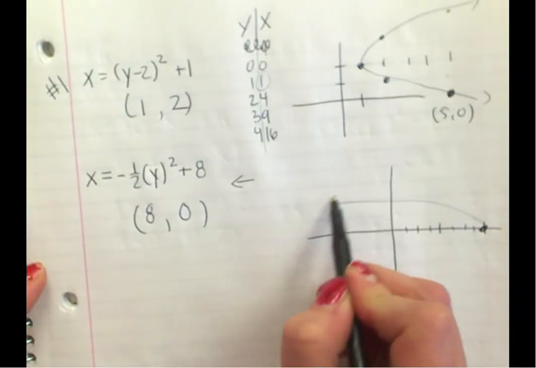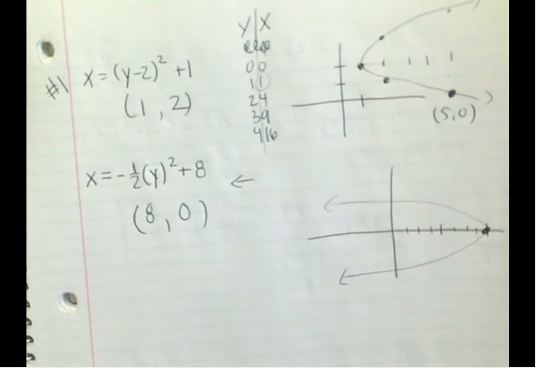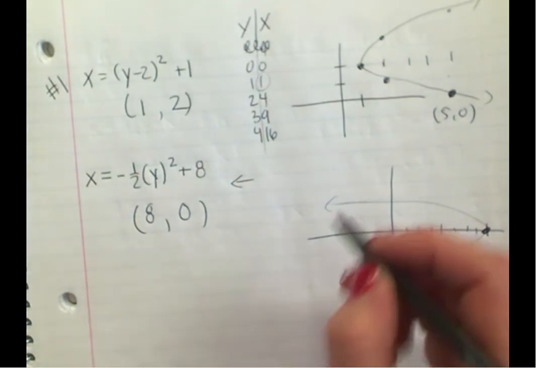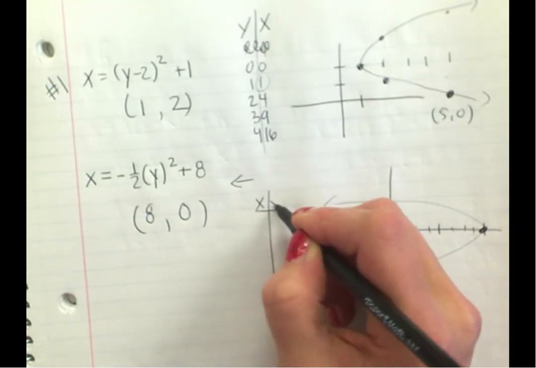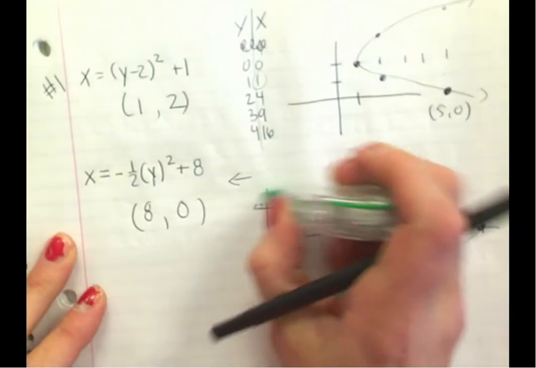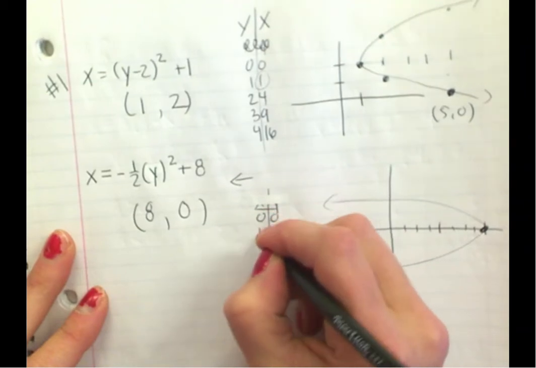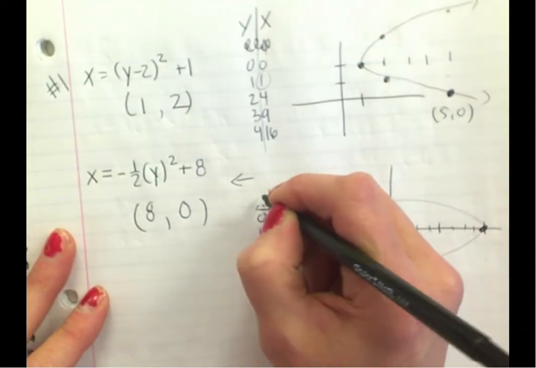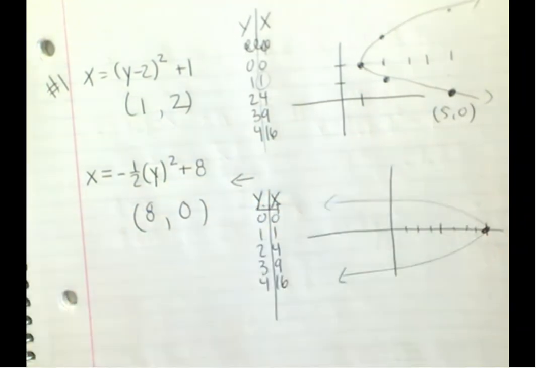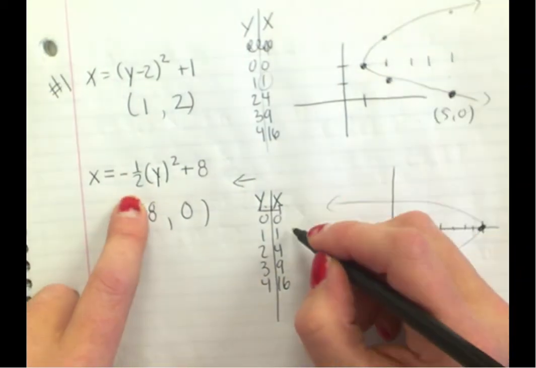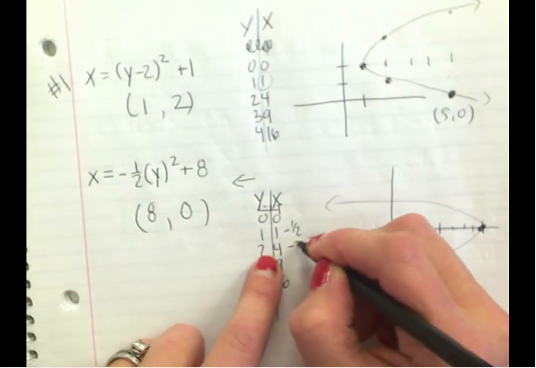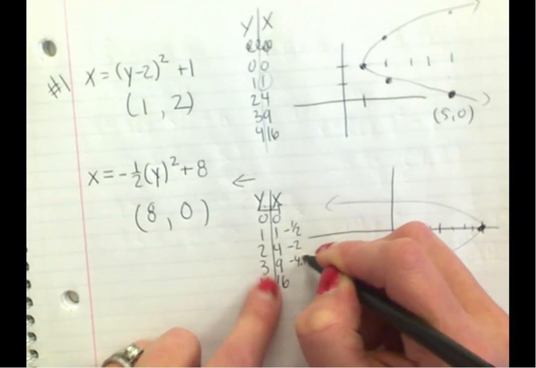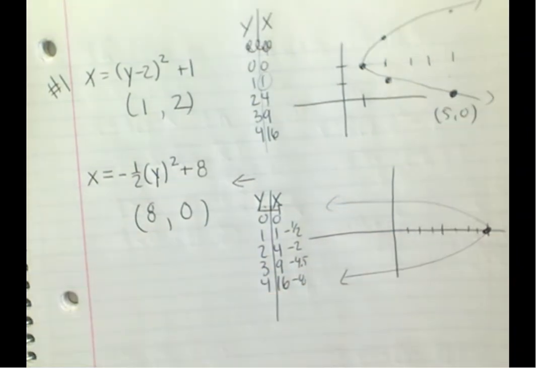I mean, I could do this. I mean, that's a sketch, but I need to figure out where these points are. Okay, table of values. Really, I should. Okay, 0, 0, 1, 1, 2, 4, 3, 9, 4, 16. But the titles are switched. Okay, now this is always from the vertex. Your -1/2 is still going to change this column. Now I am only going to plot